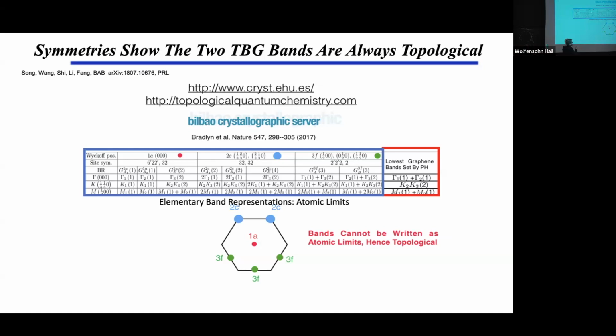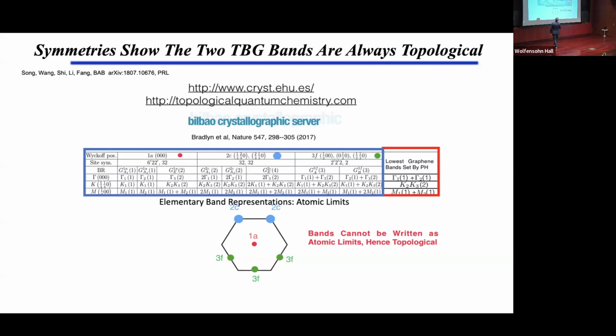What this crystallographic number means is the atomic limit formed by px and py orbitals at this Wyckoff position 1a, at the center, in the AA position of the Moiré Brillouin zone. Why is this good? Well, we've seen where the charge is localized. It's localized at the AA position. So at least we know that we're going to get the charge localized correctly from STM experiments